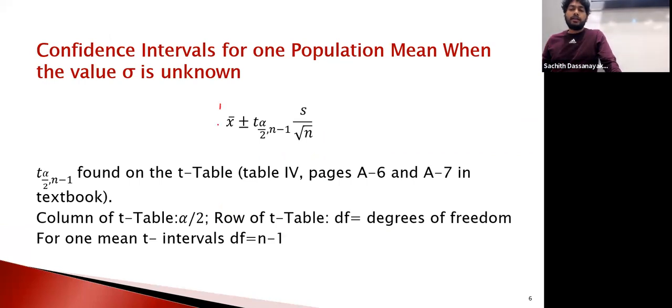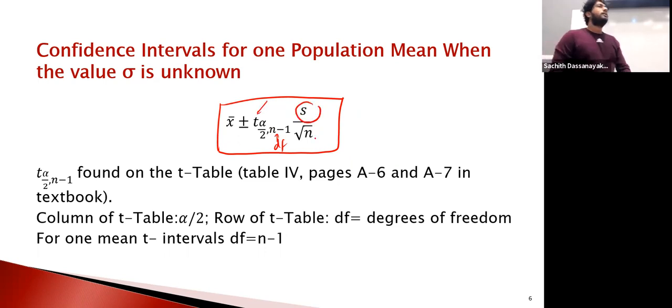Right, this is how we find the interval. I told you they are very similar. The only difference is, see, here you have degrees of freedom and you have T instead of C, and instead of sigma you have S, simple S. Clear? So how do we find this one? I'll show you what the T table is. It's already uploaded on the Blackboard. So check this one, C alpha over 2.